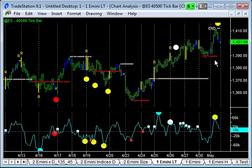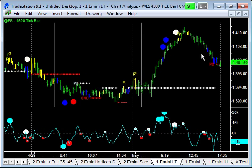Then we sell off and we're caught by a pullback level in the highest time frame. This is Monday's activity here, and that move down, a cyclical support area, will be a trend move in the lowest time frame. So you go down two time frames to the 4,500 tip bar chart, and this is Monday's activity, pullback to end of trend. After exhaustion selling, bullish divergence comes in. We test here, have a little spike down, bang, that set off the rally for today. So pullback to end of trend,